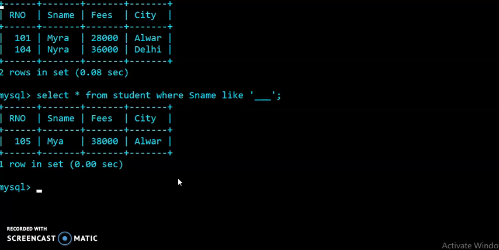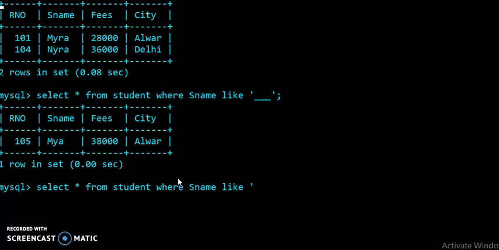output. Okay, now students, if I want to search the record whose name contains the second character Y, and the first character can be any character.